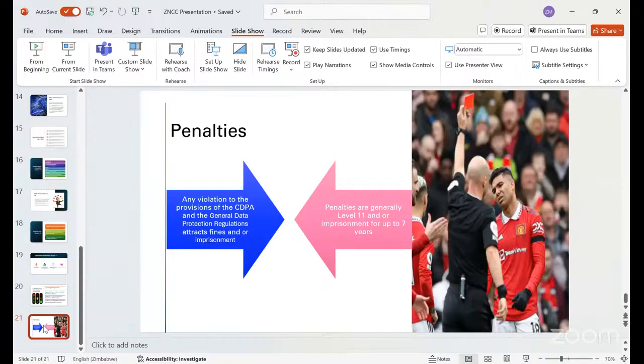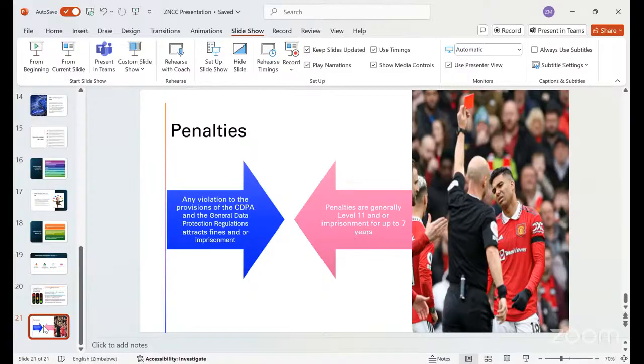Lastly, in terms of the laws, there are penalties for non-compliance. So if there is a violation of the Cyber and Data Protection Act or the regulations, those violations attract penalties. And the penalties are currently criminal in nature, so you can pay a fine, or face fine and imprisonment, or both. Obviously, you'd say to yourselves, but we are companies or representatives of companies, so we will not get arrested. These penalties apply to the company itself and its representatives.